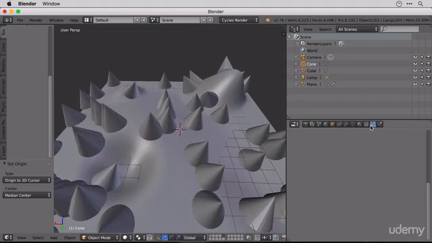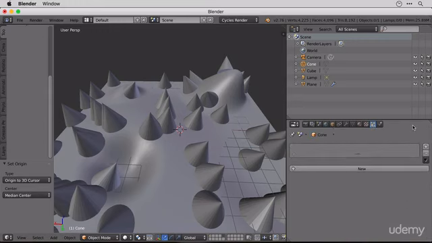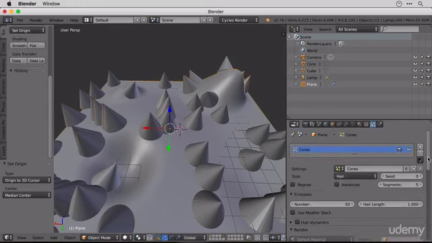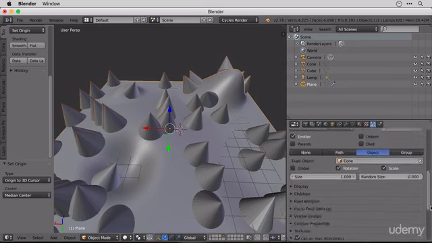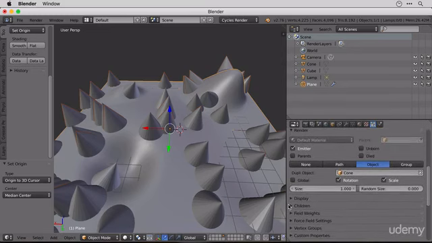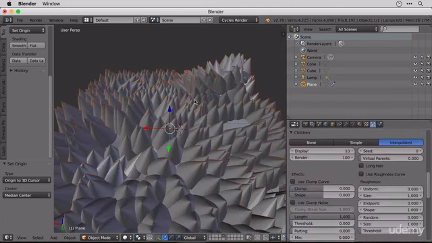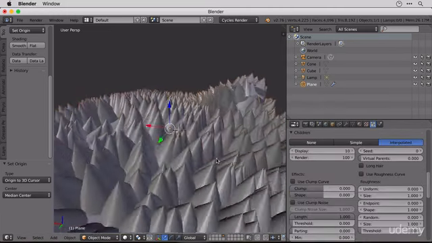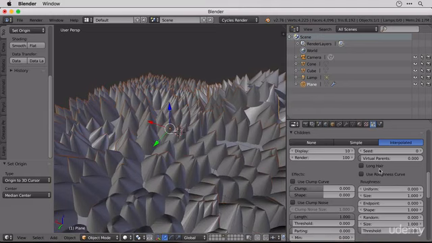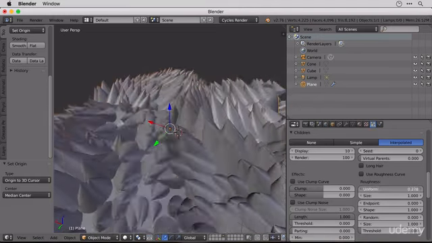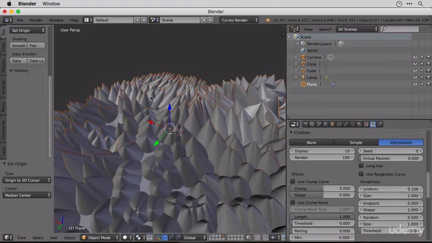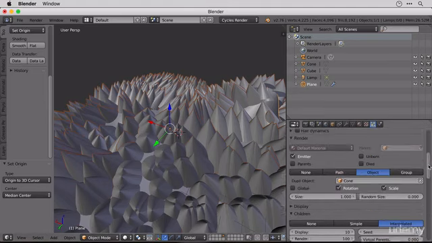Now you can play with all the particle stuff that you've done before, so you can go in and add children, and if you do add children, I would suggest they were interpolated. So let's go to the children section here and do interpolated, and they will follow the curvature of the ground. That's a very spiky ground now. You wouldn't want to stand on that. And of course you can play with the uniform and loads of other things to your heart's content. So you could build up grass like this if you wanted to as well. That's another way of generating the